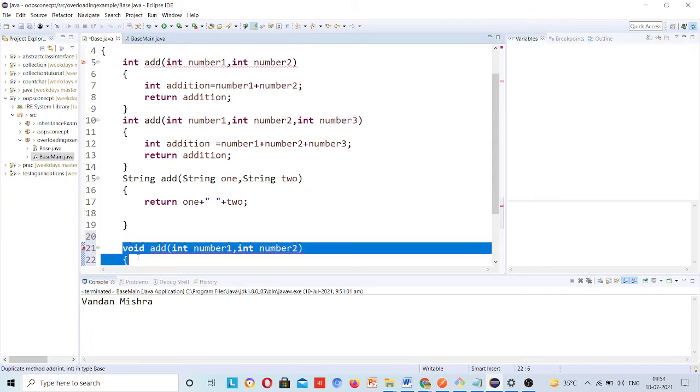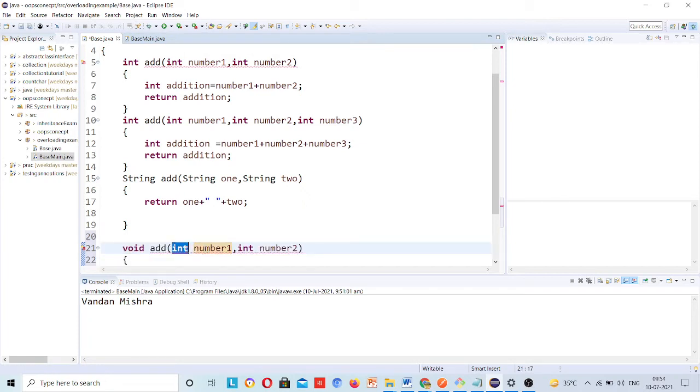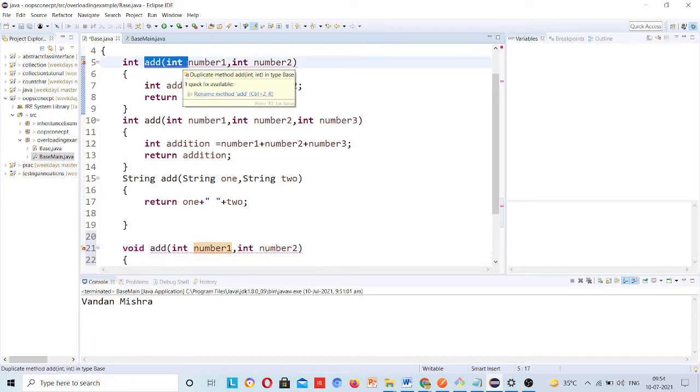You will say no, it will be an error in the program, because this add method has two integer parameters, and the other add method also has two integer parameters.